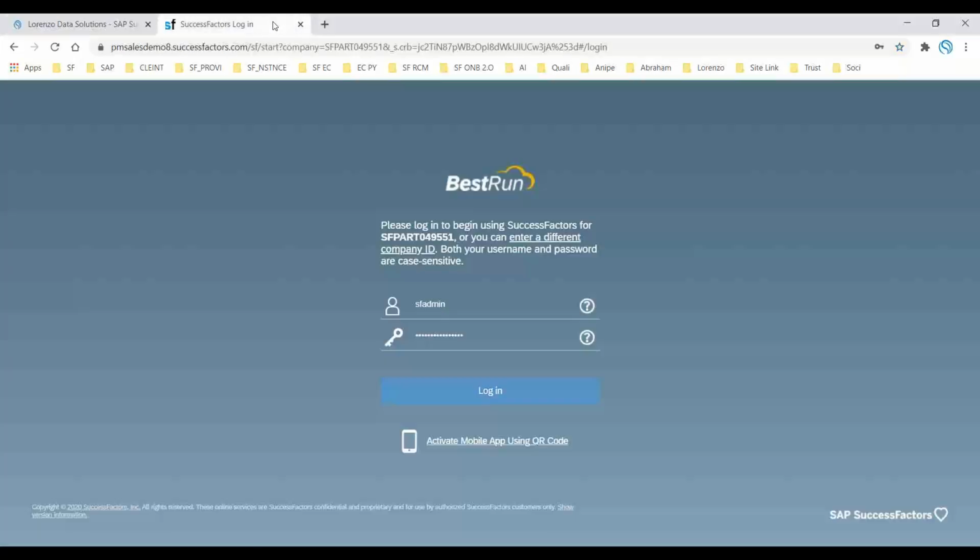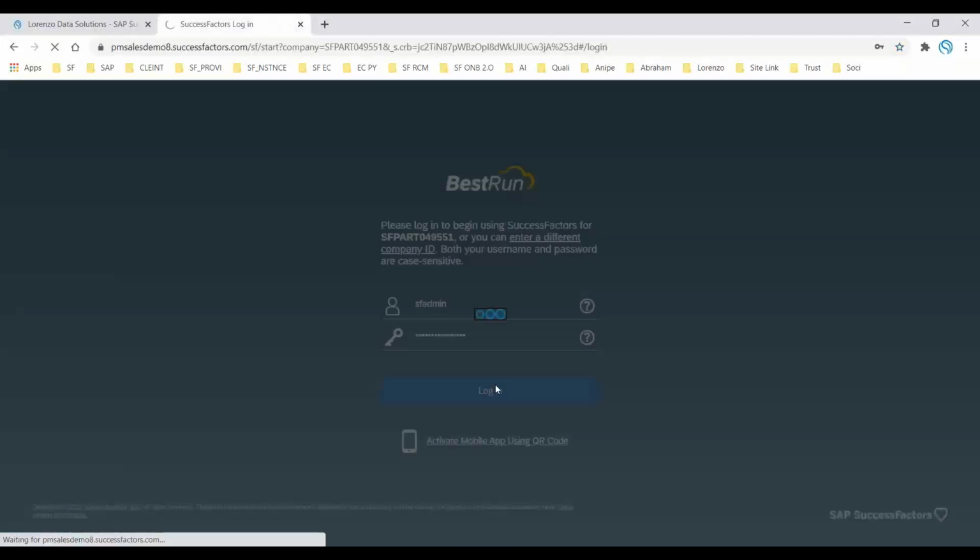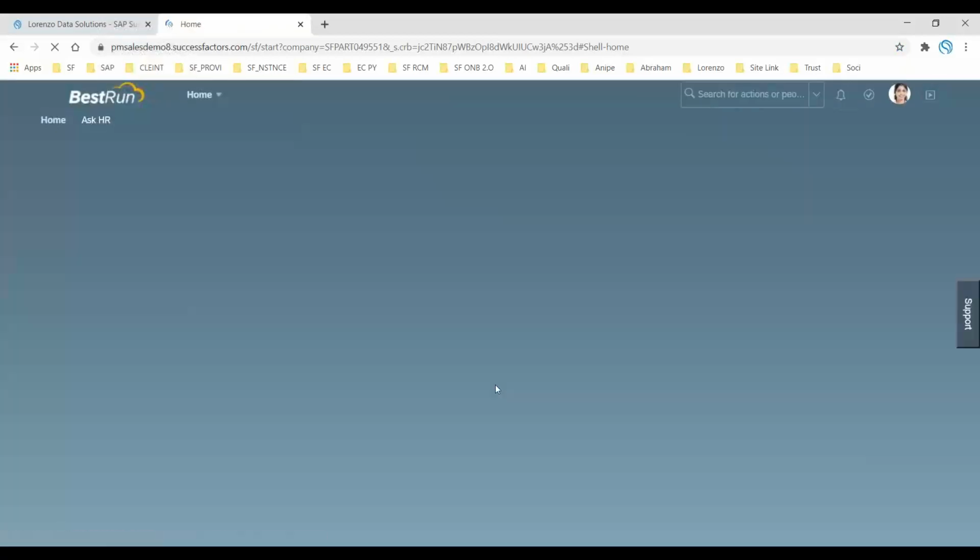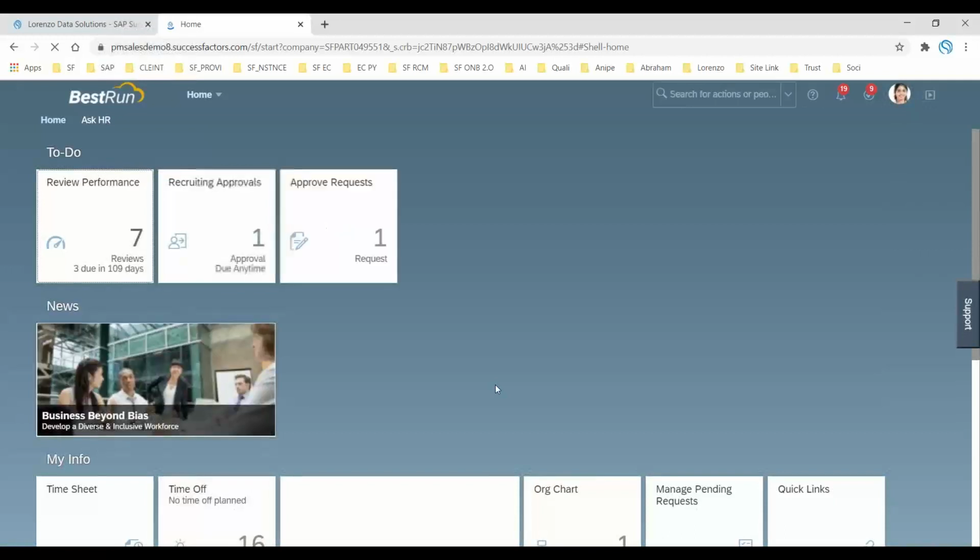So now let us log into the system. But one thing I want to tell you before you initiate the applicant from your recruitment management to your onboarding 2.0: you have to make sure that the candidate should be placed in one of the applicant statuses.